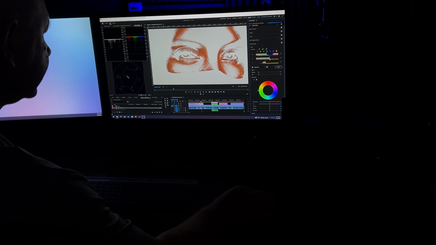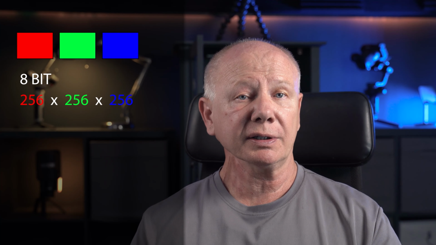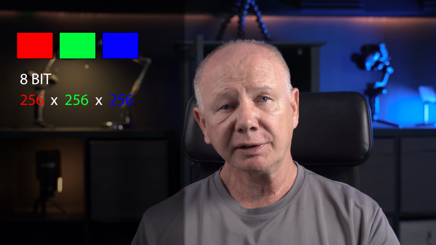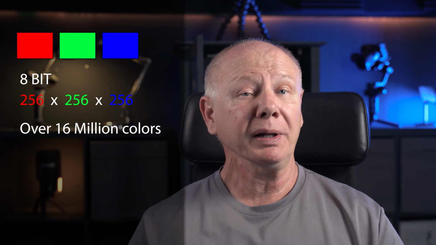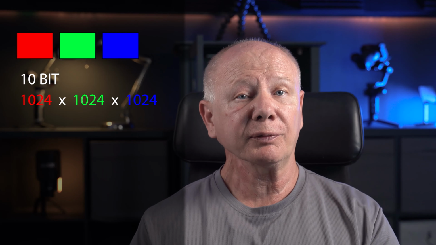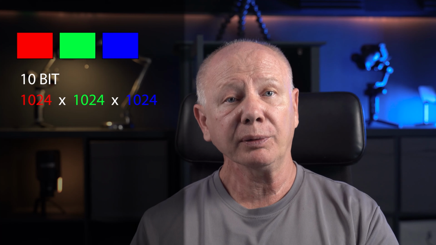Another quick mention is 8-bit versus 10-bit. Again, this refers to how many colors are captured when you're filming your video. Even the latest phones can capture in 10-bit and Apple ProRes these days. Color, as we said, is made up of 3 channels in cameras: red, green, and blue. 8-bit captures 256 colors in red, 256 colors in green, and 256 colors in blue. This gives us over 16 million color ranges. However, 10-bit captures 1,024 colors of red, 1,024 colors of green, and 1,024 colors of blue, and that gives us